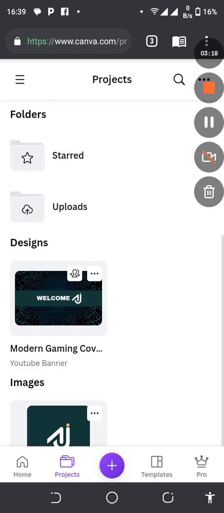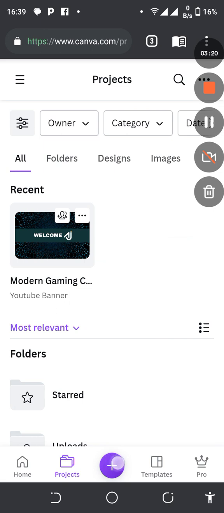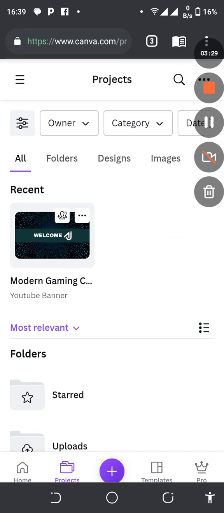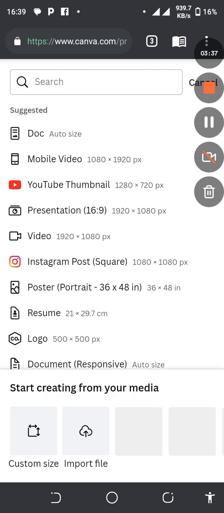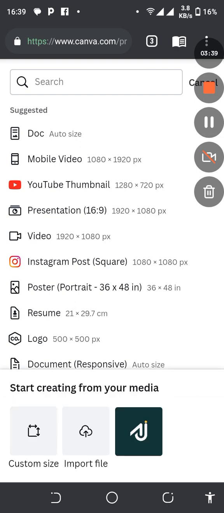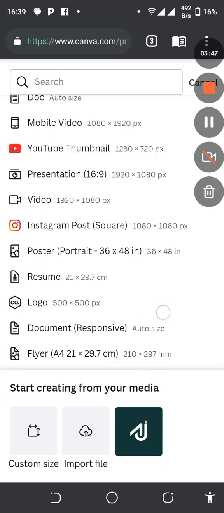So that is that. When you look at this plus icon here at the bottom of the screen, when you click on it, it is going to take you to where you are going to create your design. It means you are starting a design, starting from scratch. Okay, so here are suggested